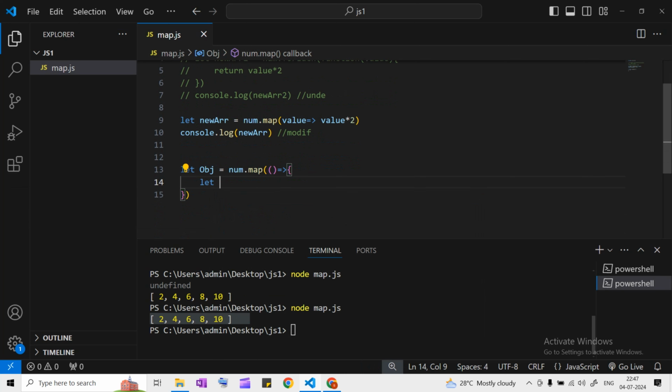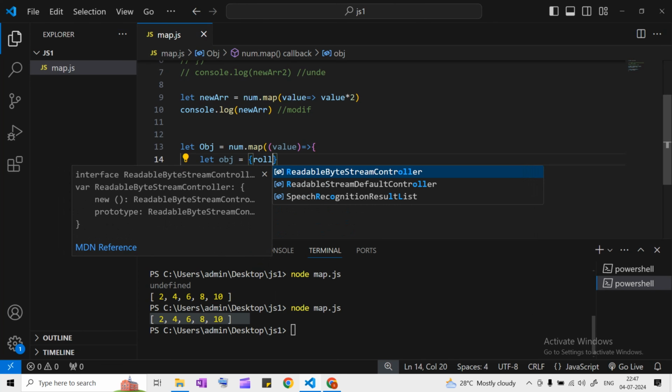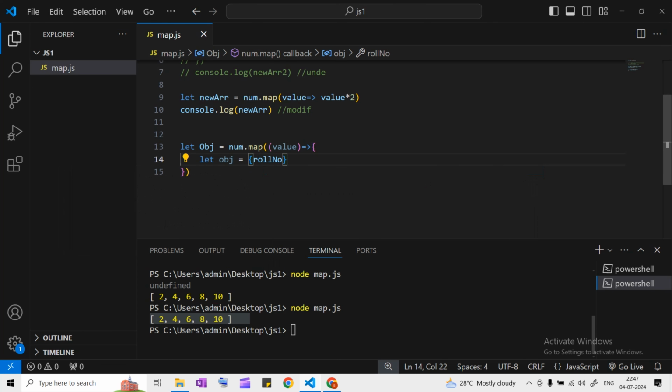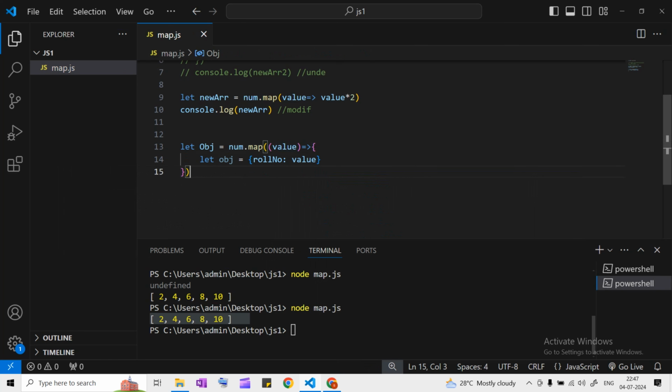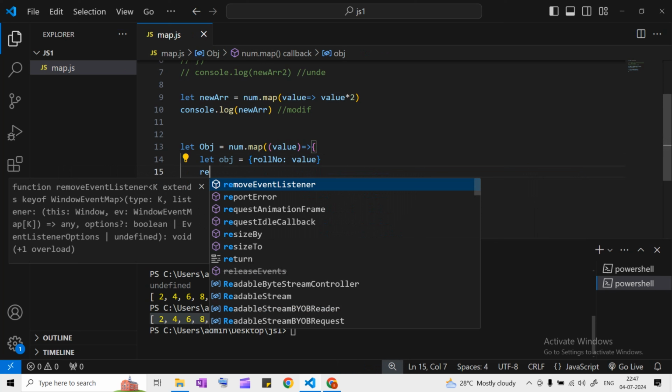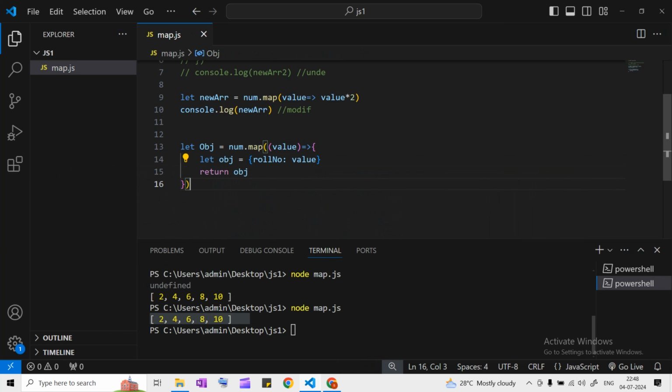Okay, so let's take an object. I'm gonna write let obj equal to, so here first we should pass a parameter as value because we want a value, right? And here let's write our property as roll number. Okay, and this roll number should be the value of an array, right? Awesome. And let's return that object. So let's write here return obj. Awesome. And let's write here console.log